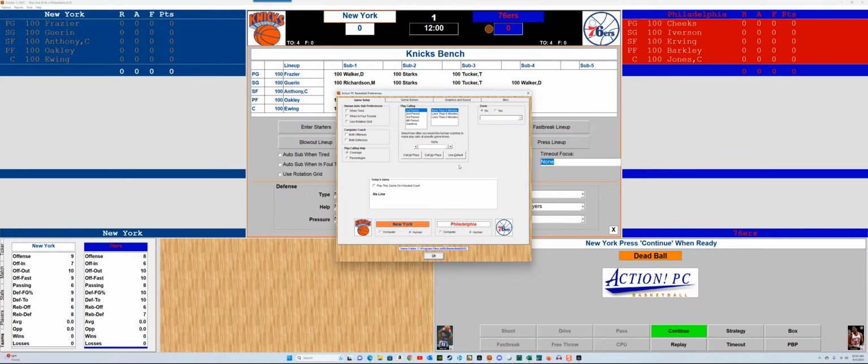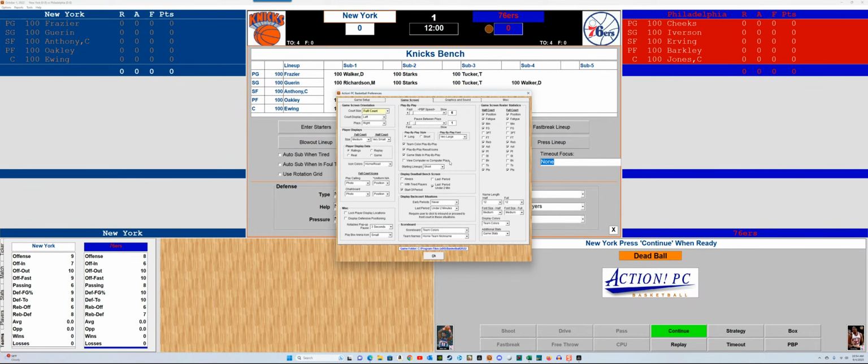I do that because if I'm playing a game, I want to call 100% of the plays. I've also got coverages set versus percentage. The game screen, I play full court. This is just how I set it up. I can tweak this if I don't like it, but right now on the play calling, I've got the full court icon set to photos because I like to take advantage of the photos. I've got the label displays turned off right now because I'm not a big fan of seeing those, and I haven't really played around with the size to figure out if I like it. So far right now, I'm enjoying just the photos being out there